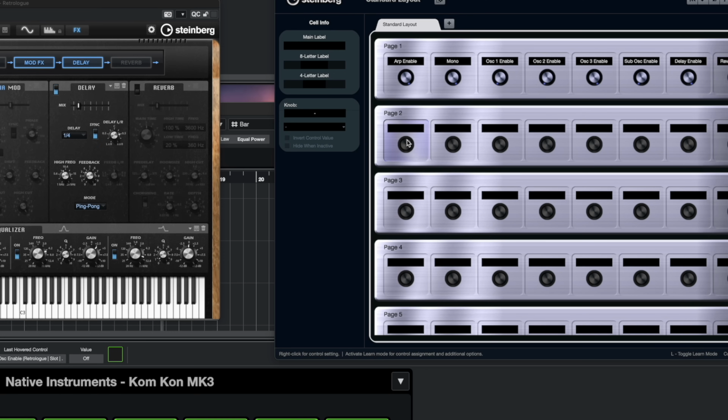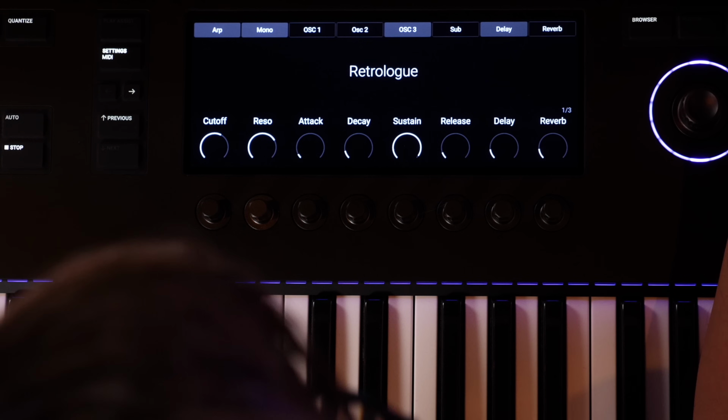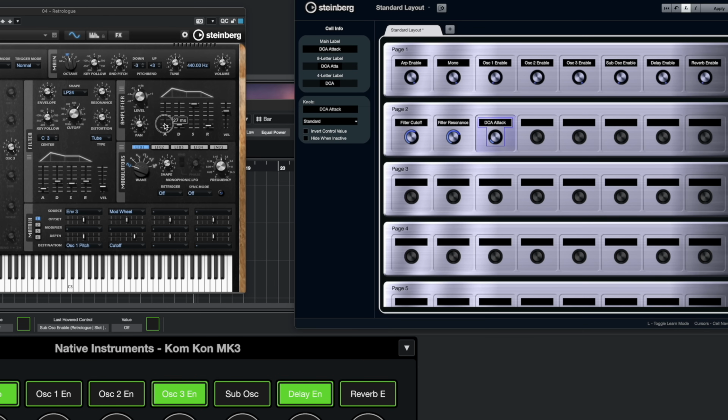So I'm going to click on the next page, and we're going to go to cutoff. With the learn feature on, I just start finding those parameters. So cutoff, next one is resonance, next one is attack on the envelope, decay,